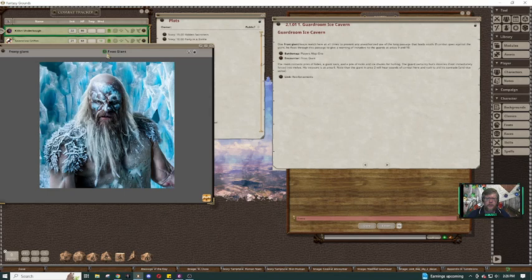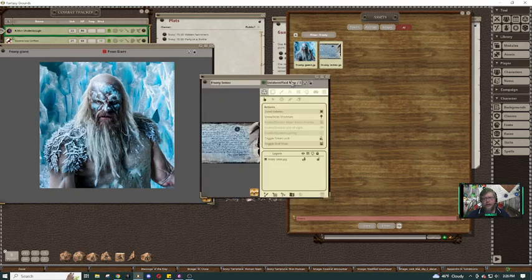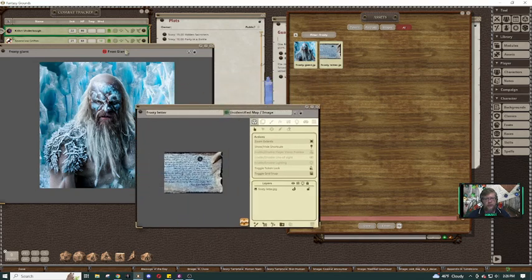Actually, hold on. When you name it, if it's unidentified, then it'll show whatever is written here. Most images will say, I'm going to create the image record for this, unidentified map or image. So because I changed it,